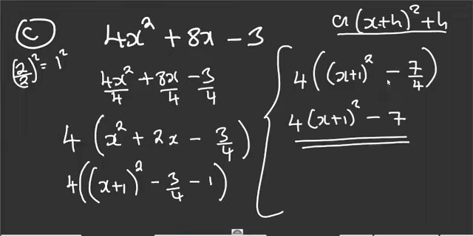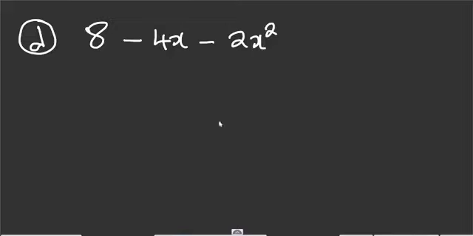I'm sure you are wondering now, where they have told us to say expressing this form, there is a plus, here there is a minus. According to the question, it does not specify the nature of the value of h. It doesn't specify. So it can either be positive or negative. So this is where you end. So I have answered our question C. We can now move on to our next question, and this is our question D.